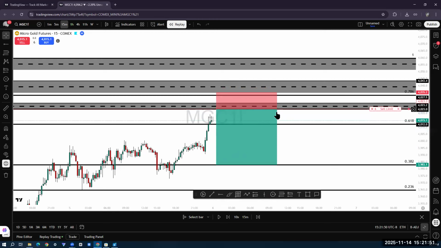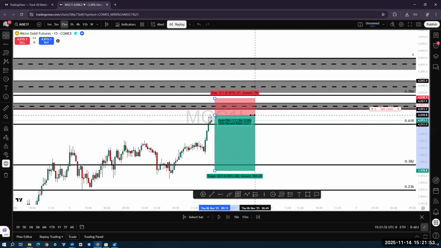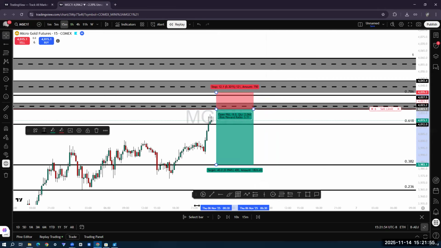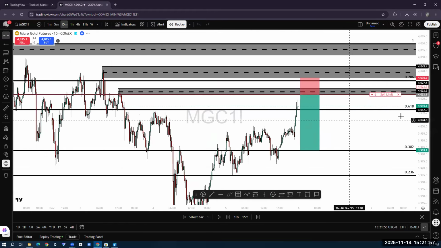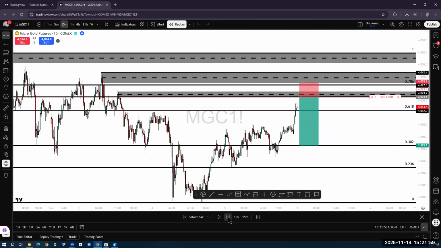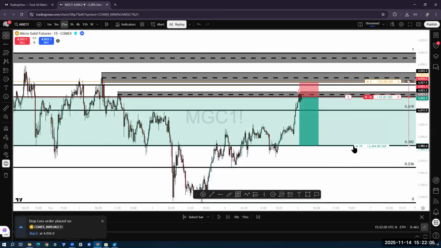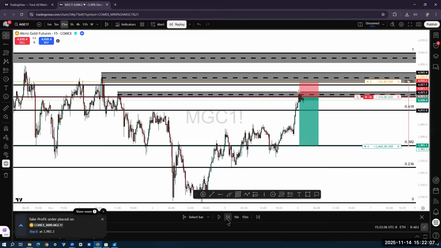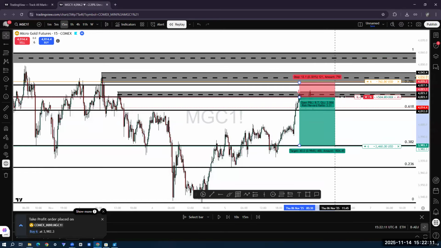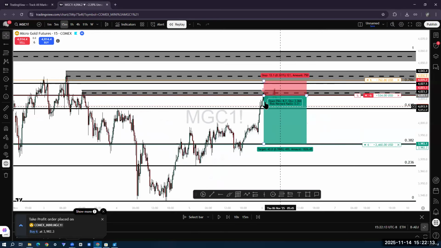Oh, let me bring this over some. And this is my trade. Boom. And this is how I decide which trades to get into and what trades not to get into. Stop loss here, take profit here, and I allow price to play out. So this just answered why and how to get into specific trades.